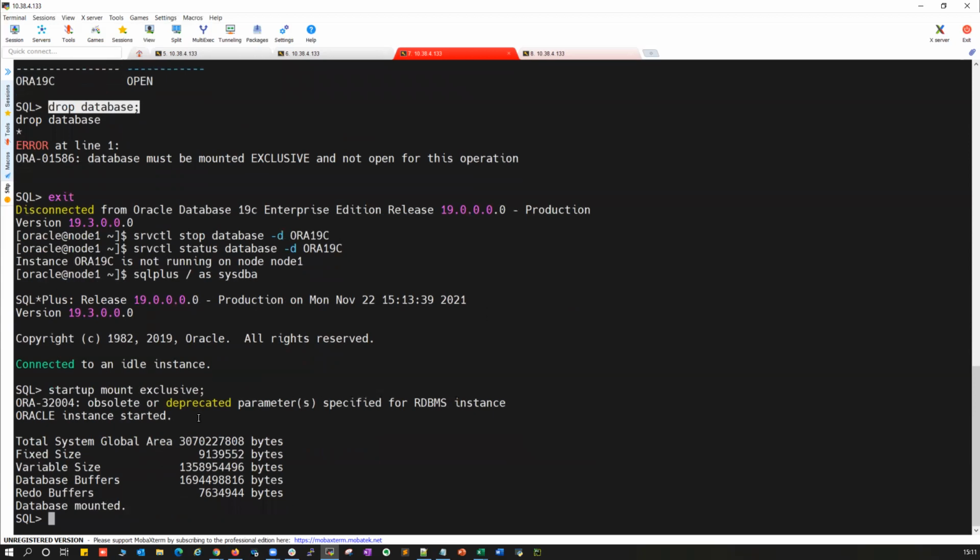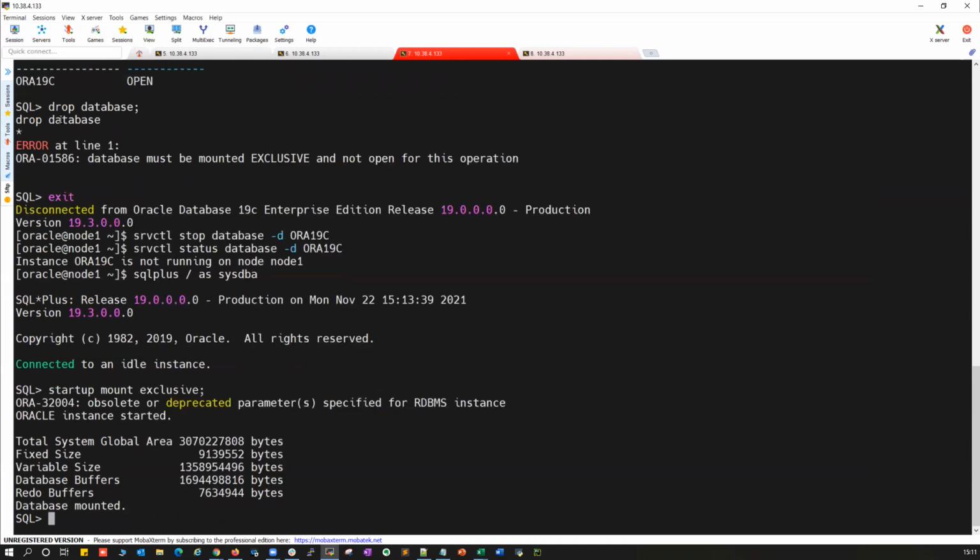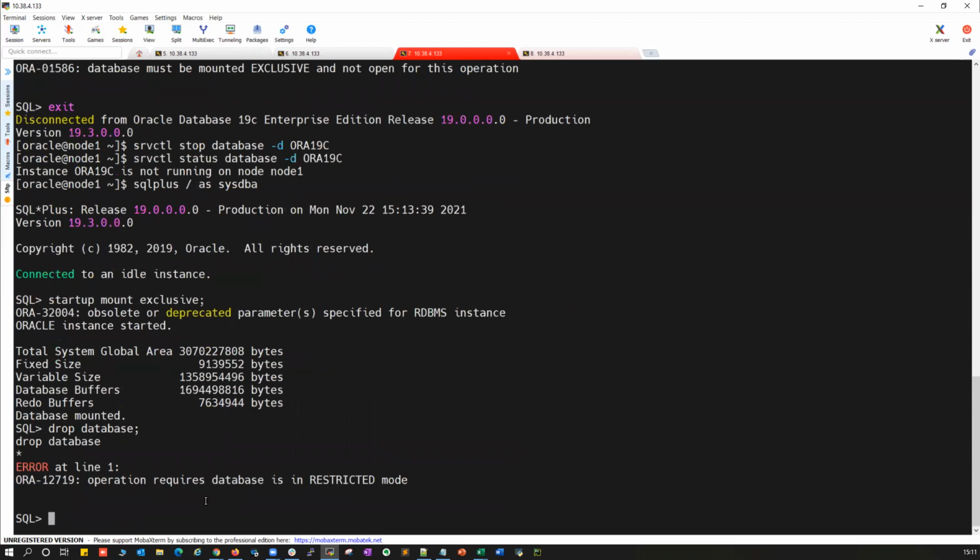What exactly is this exclusive mode? Exclusive mode is the one which is not going to allow any of the other transactions, right? For example, if I try to drop this database, drop database, it now says the operation requires the database to be in restricted mode.